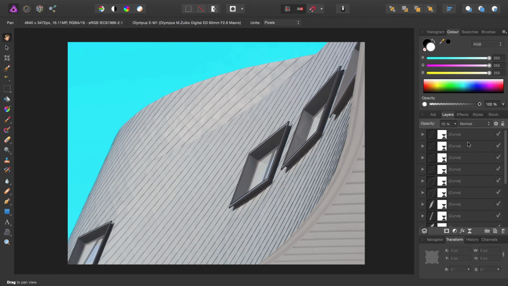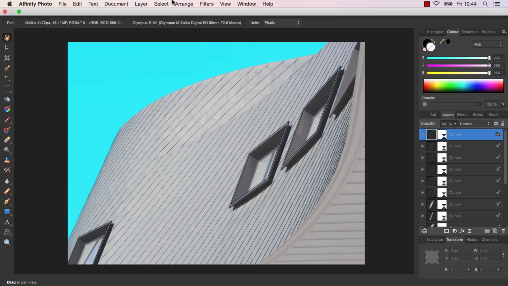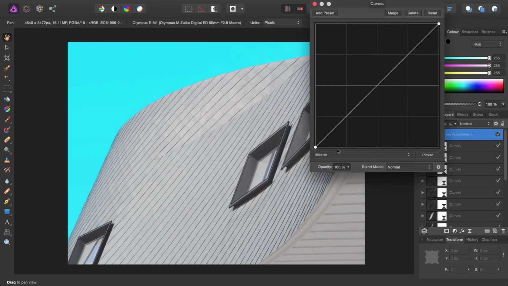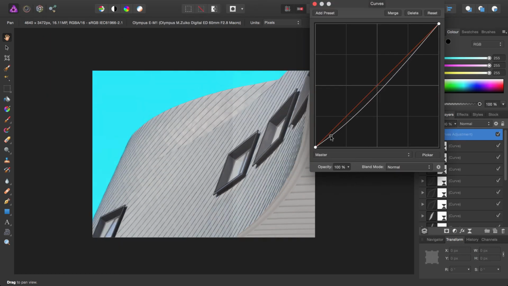So we'll do that now and select the top layer first, then go in and add a curves adjustment. And we'll just start drawing out a traditional S-curve